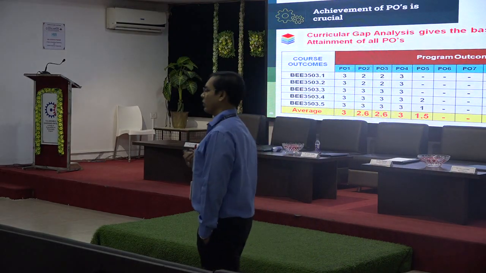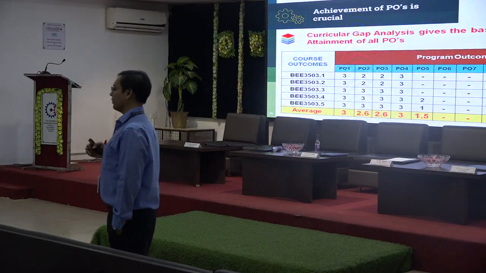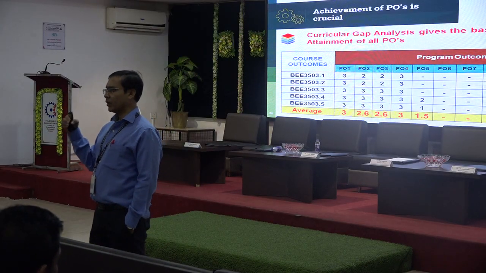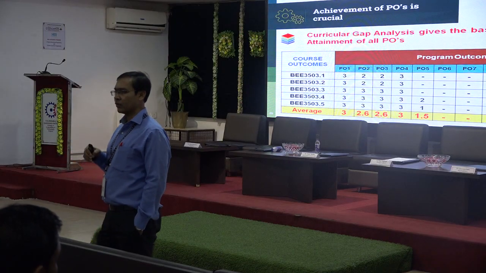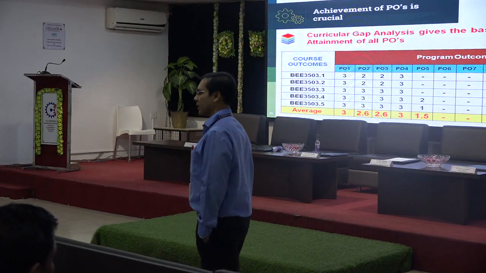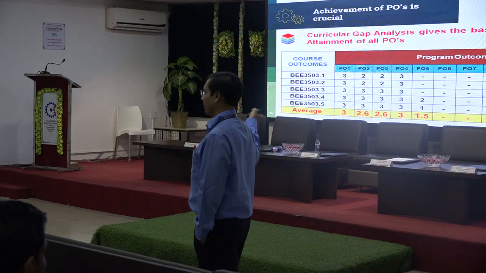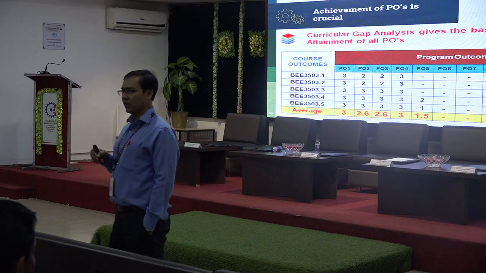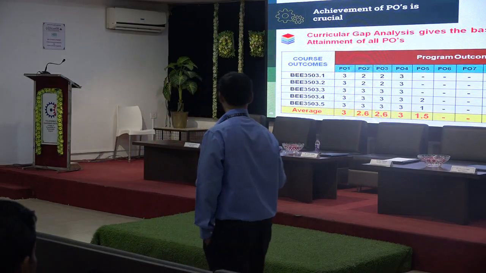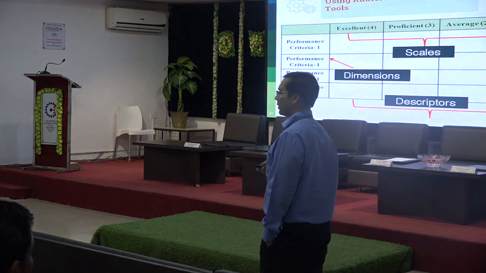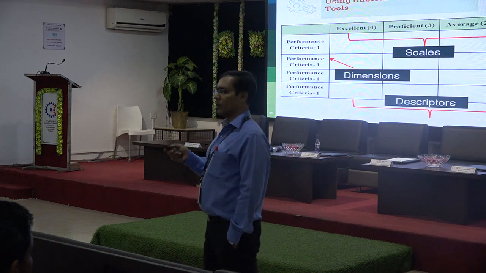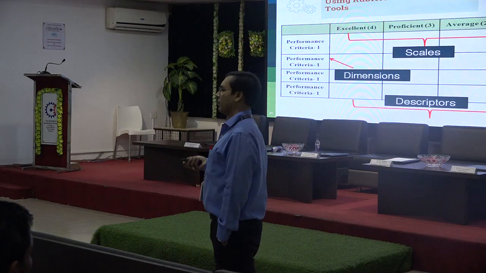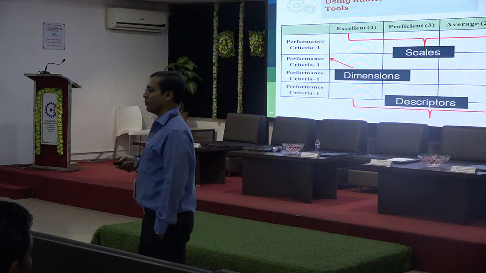But on the other side, what we are saying is, when the student graduates from our 4 years curriculum, we need to have all the program outcomes with that student. Then if our courses themselves are not getting mapped with many of the POs, how can we expect all these POs to come into the student? Then there is a curricular gap, and then we need to understand how to fill this curricular gap with different activities. Right? So we need to take the help of different activities which we perform in our class